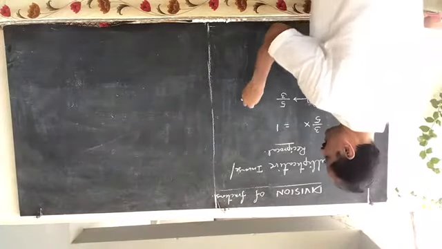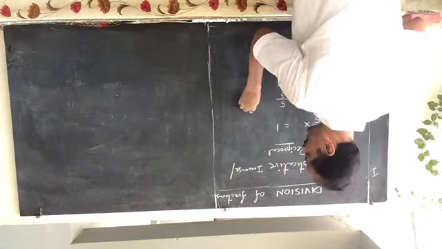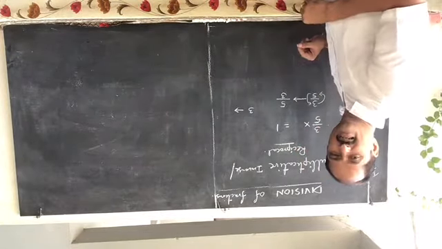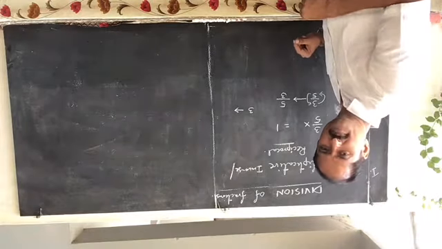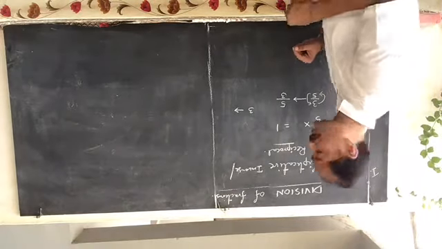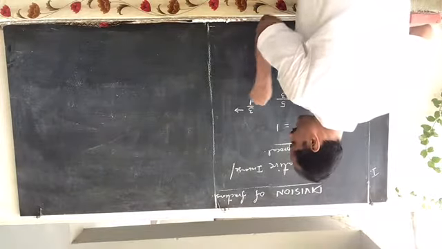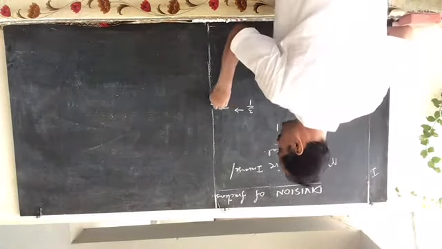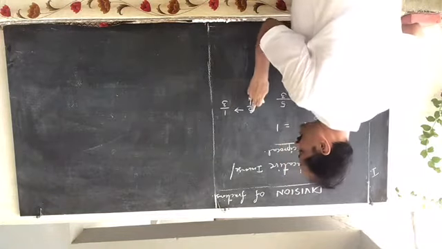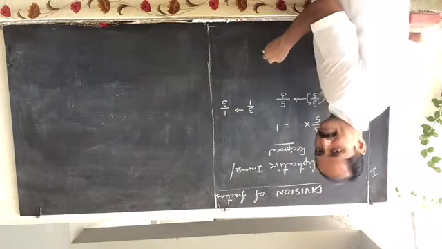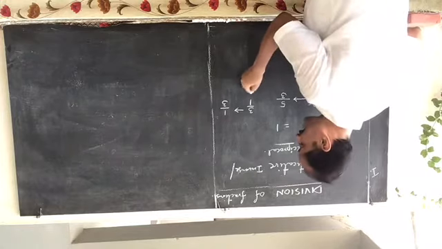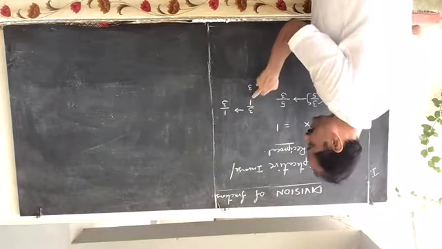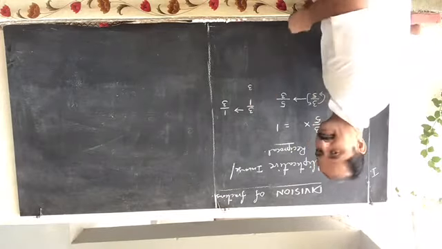And another one, for example, if it is a whole number, what is the reciprocal of a whole number? 3 means what? 1 by 3 or 3 by 1? Yes, 3 by 1. It is not 1 by 3. 3 means 3 by 1. So for the reciprocal, change the numerator to denominator, and that becomes 1 by 3. So the reciprocal of 3 is 1 by 3. If you write 3 as 3 by 1, the reciprocal of 3 by 1 is 1 by 3.